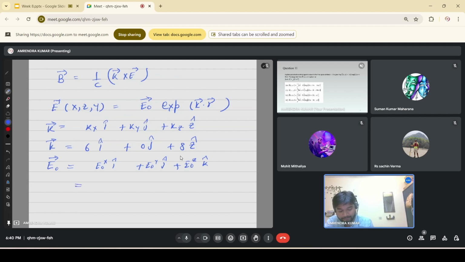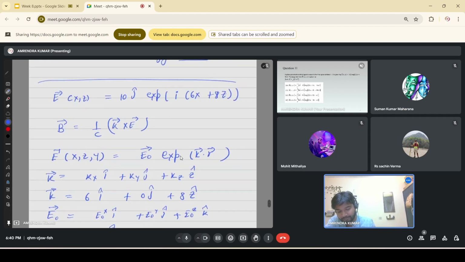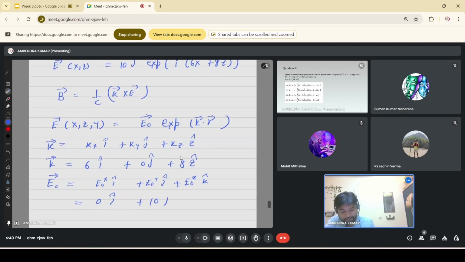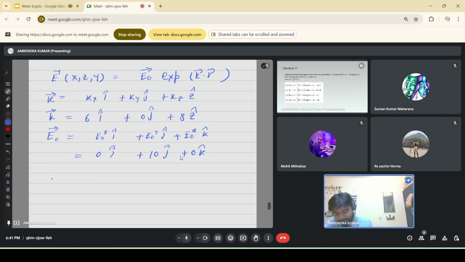So we have this 0 i cap plus 10 j cap and 0 k cap. We have seen that the k vector is only 6 i cap plus 8 j cap, and the E vector is only 10 j cap. Now when we do this cross product k cross E, it will be 6 i cap plus 8 j cap